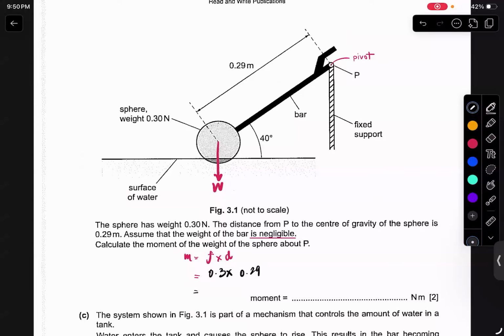What do you think? Is this right or no? Any suggestions? No? What do we do then? We'll have to first make it like a horizontal component, right? Horizontal component or